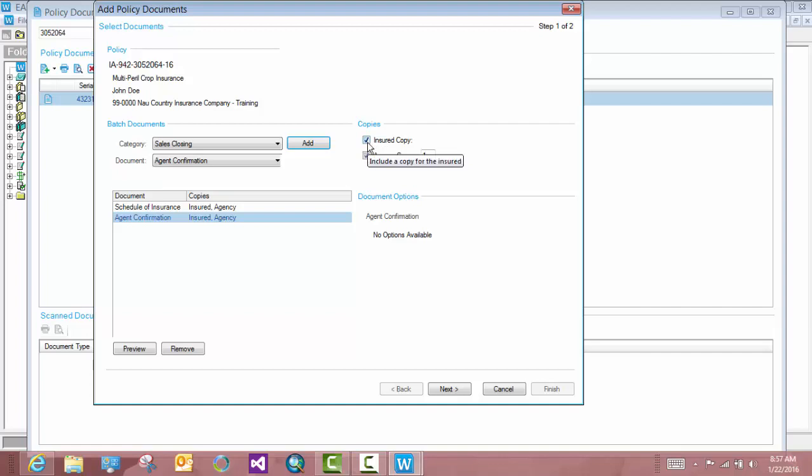To initiate a copy for the insured, ensure that the checkbox next to Insured Copy is selected. To initiate a copy for your agency, ensure the checkbox next to Agency Copy is selected. If you want multiple copies for your agency, you can update that in the box provided. Once your documents are all included in the grid and you've selected your desired document options and where you want the copies sent,